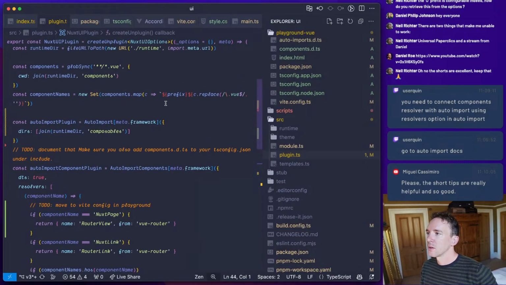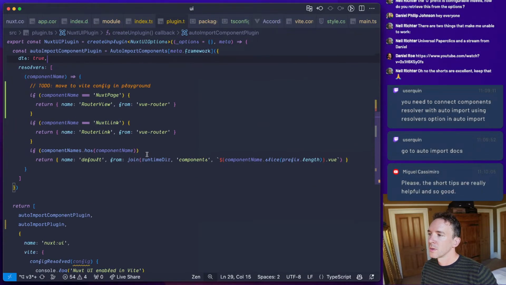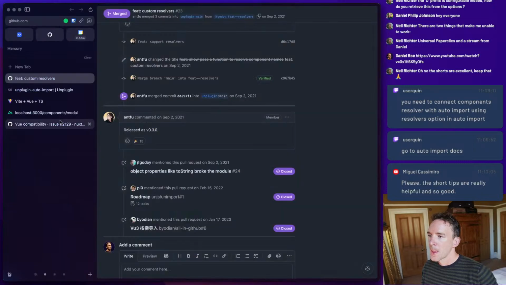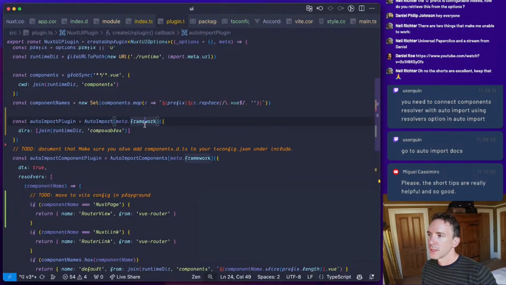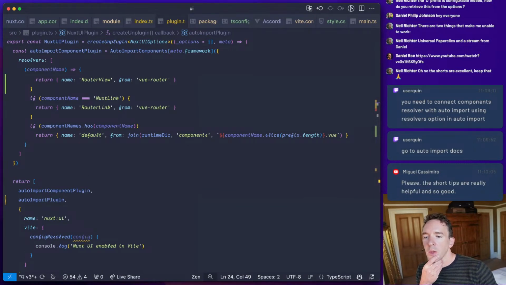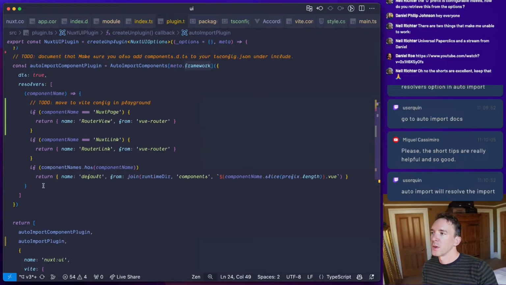So I'm a little confused. So are we saying that we basically just have, we move this bit into, so which, okay, Joaquin, what are you saying? We need to have the components resolver, which is here. You have to connect that to the auto import resolver.